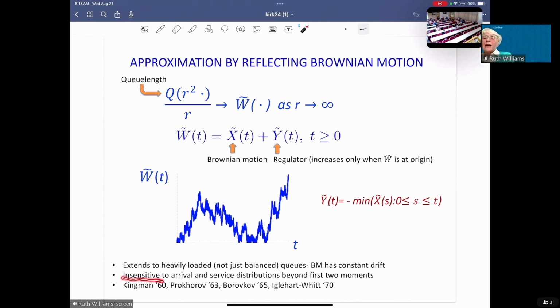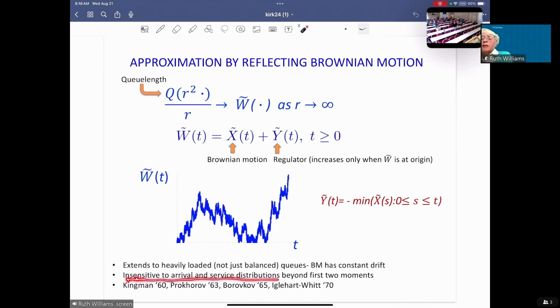Also, I had a very specific scenario. There was a reliable server and the arrivals were just either 2 jobs or 0 jobs. But Brownian motion satisfies an invariance principle, that you can have all kinds of random walks that converge to Brownian motion by this sort of rescaling. And so